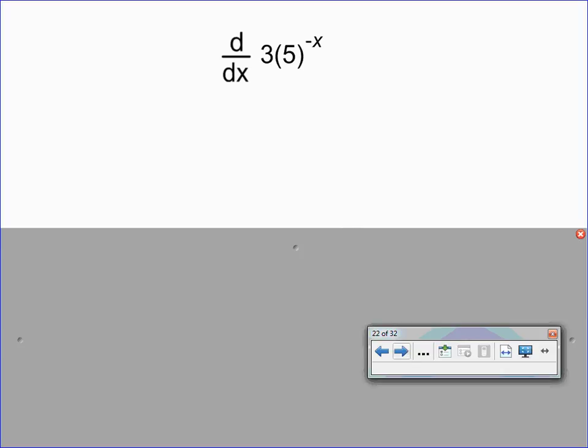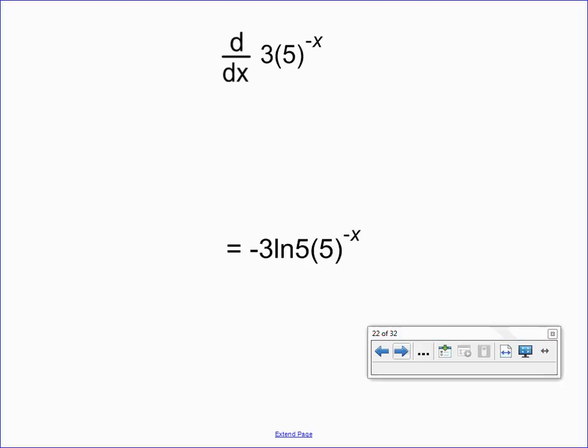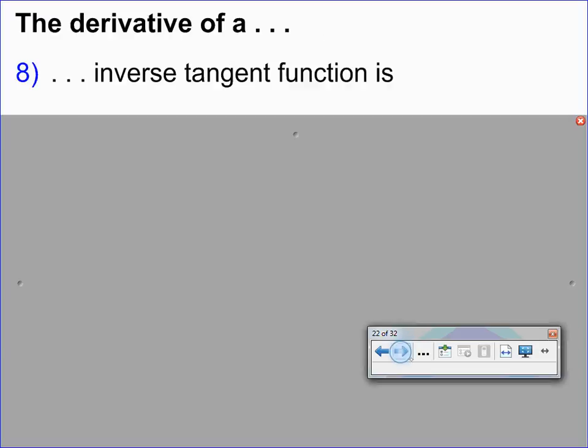So number 1. Number 5. Negative 3 times natural log of 5 times 5 to the negative x. You're correct. Good job. Well done. Derivative of inverse tangent is